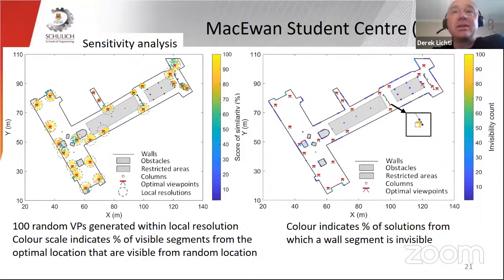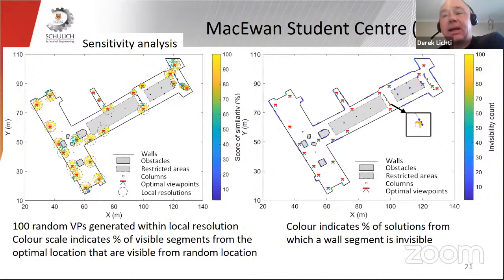And in most locations, you can see everything's yellow, so it's not above 90%. So we get most of the wall segments covered. There are locations though where it is much lower. We see a bit of green and blue, especially in corners and alcoves and things like this. We can take that sensitivity analysis a little bit further with the figure on the right, where we've generated for each wall segment